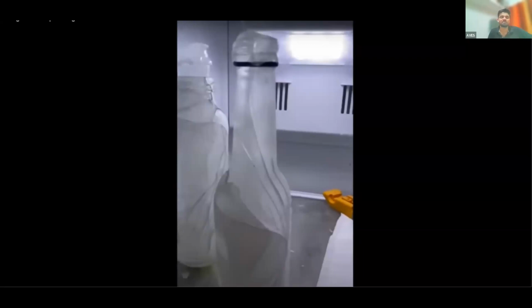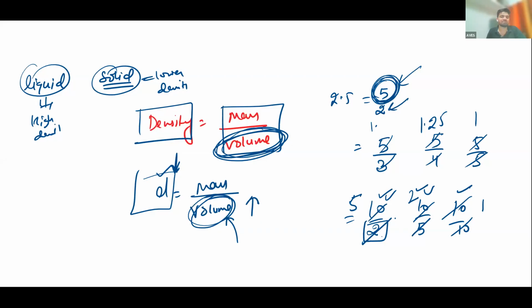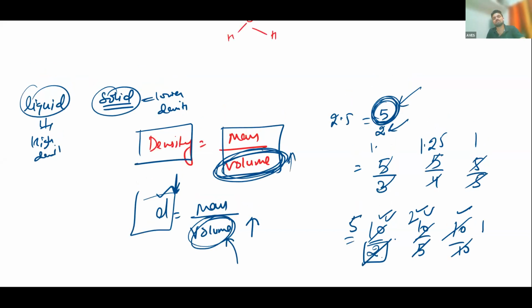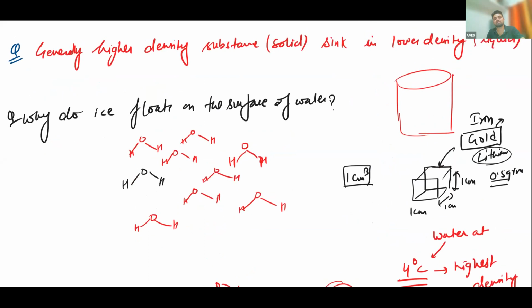Okay, we'll start from this one, but you need to keep in mind that when water is converting into ice, its density decreases. The reason behind this is simple: because volume increases, mass will remain constant. How can you decrease the density? You have to increase the volume. So for increasing the volume, the density will automatically decrease. So this is the reason. Okay, and we'll write the answer.